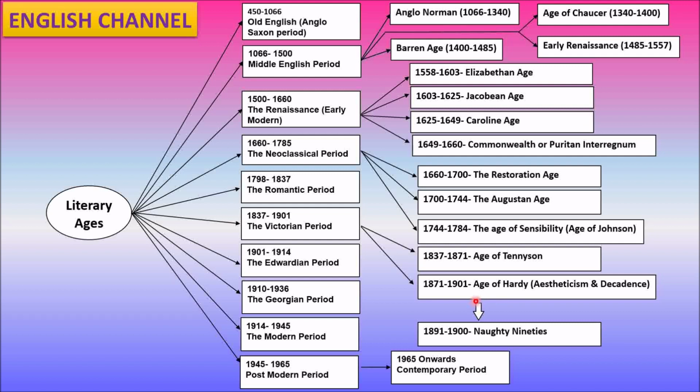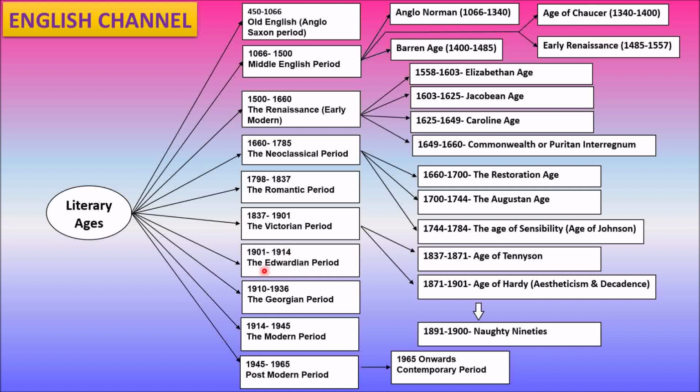And in this particular time period, remember, 1891 to 1900 is known as the Naughty Nineties. This becomes a really very important decade, of course, often asked in exams. So which period is known as the Naughty Nineties? We remember 1891 to 1900. After this comes the Edwardian age, 1901 to 1914. The Des Imagistes of Ezra Pound, published in 1914. So remember this, friends. This period becomes really very important, the Edwardian period.